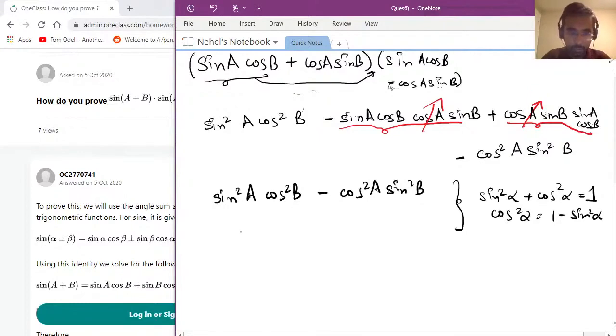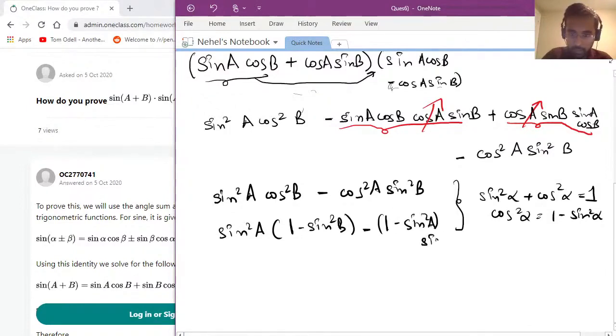In this example, it becomes sine square a times 1 minus sine square b, since the angle is b in this case, minus, and then cos square a becomes 1 minus sine square a,